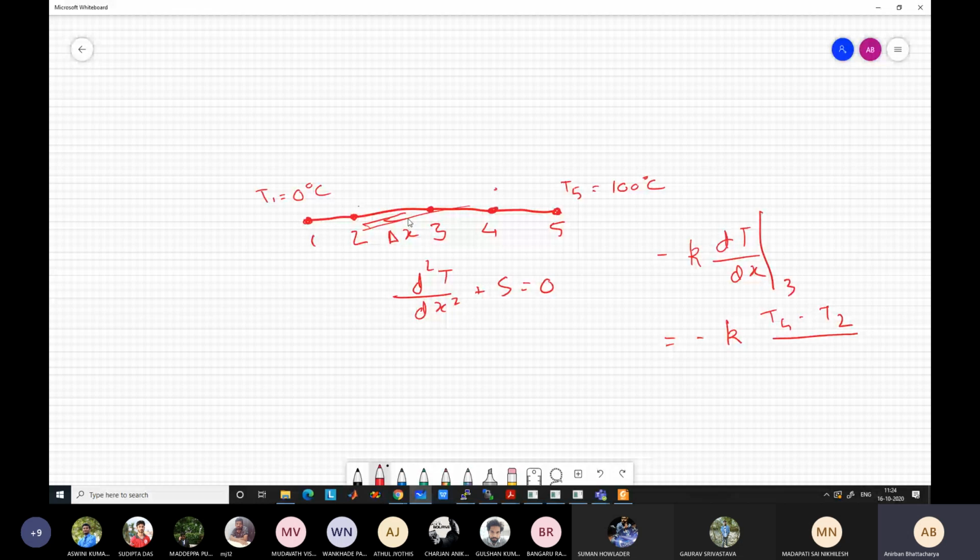I don't have the exact answer values. We will discuss when I can show the copies. But I don't know how to show the copies in online mode. Means whether we are supposed to give you the soft copies or what is to be done.